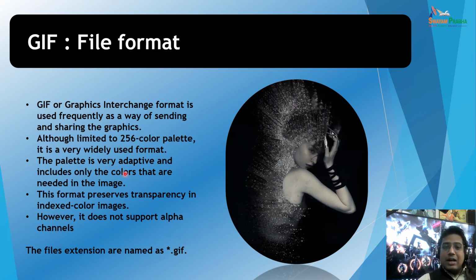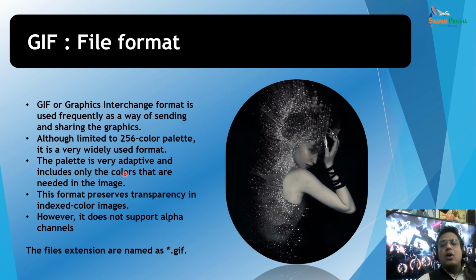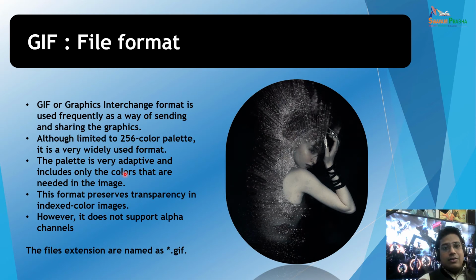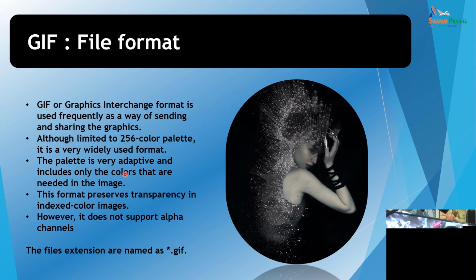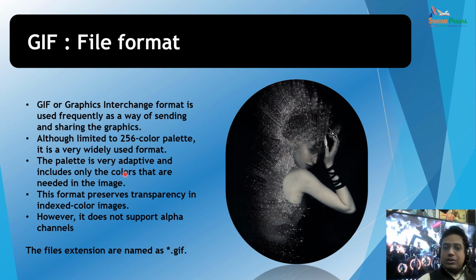Why do I say for websites? Because for a website we are looking for optimization, where even in low bandwidth our website would open very fast, right? So for that we use GIF as an image. And whenever you have to save an animation, definitely you can't save the animation either in the BMP format or in the JPEG format.